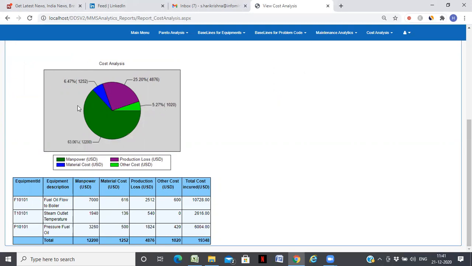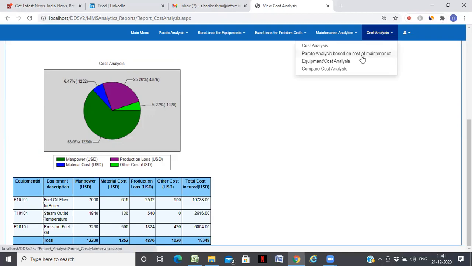This is a percentage. So you can see 63% is related to manpower cost, material cost is 6.4%, production loss is around 25%, and other cost is around 5.27%. All these are completely configurable based on what you need.